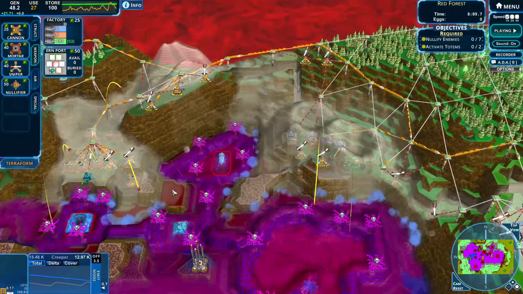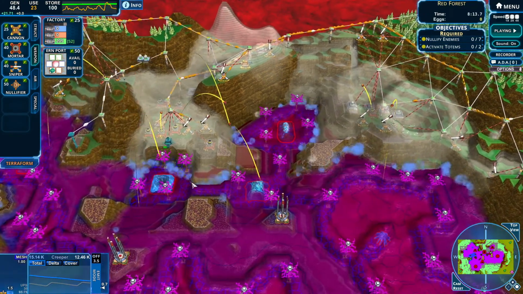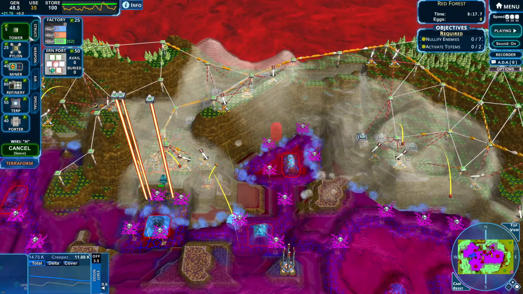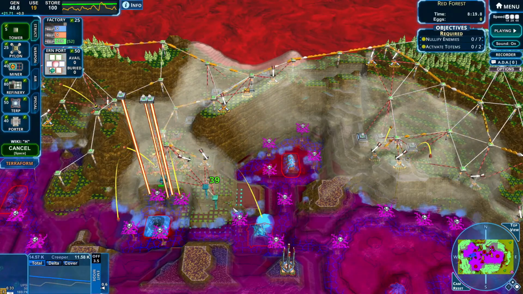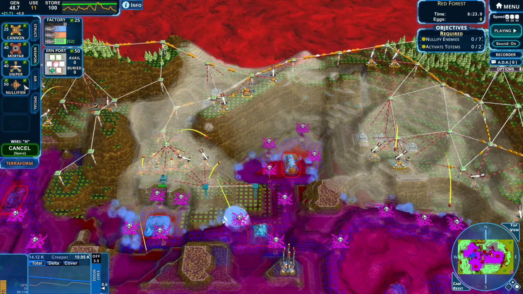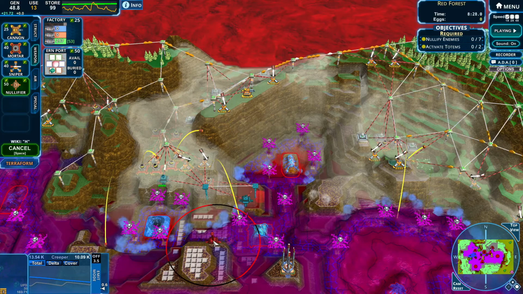Okay, now this actually looks a little bit like it's contaminated terrain, but you want to check. It's just red, but it's not contaminated. Okay, so now I'm going to want to just try to move out to some of these areas. And we will try to...